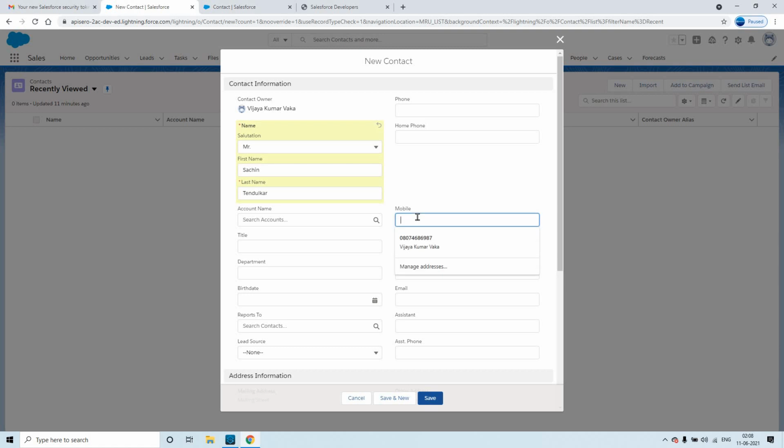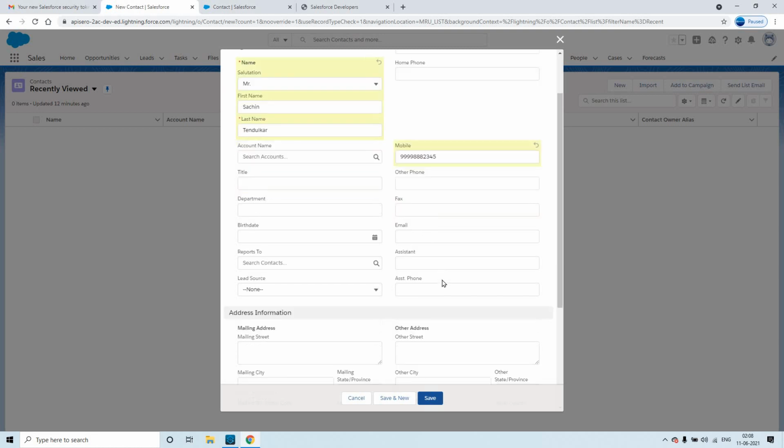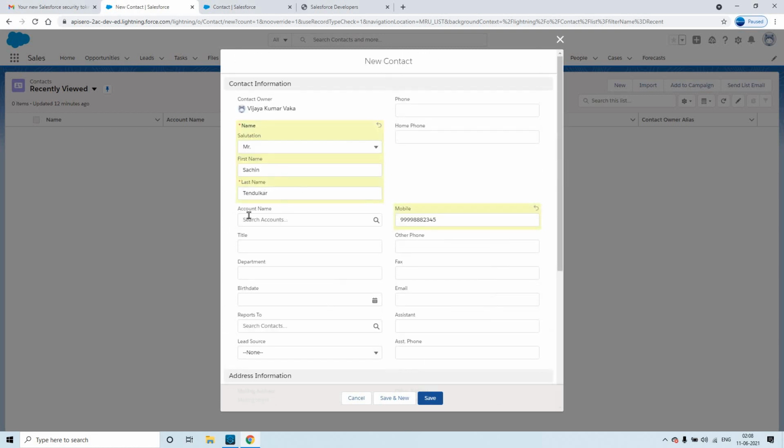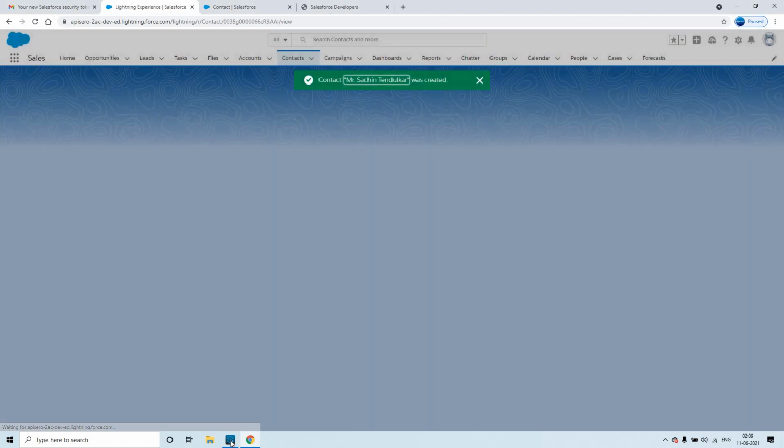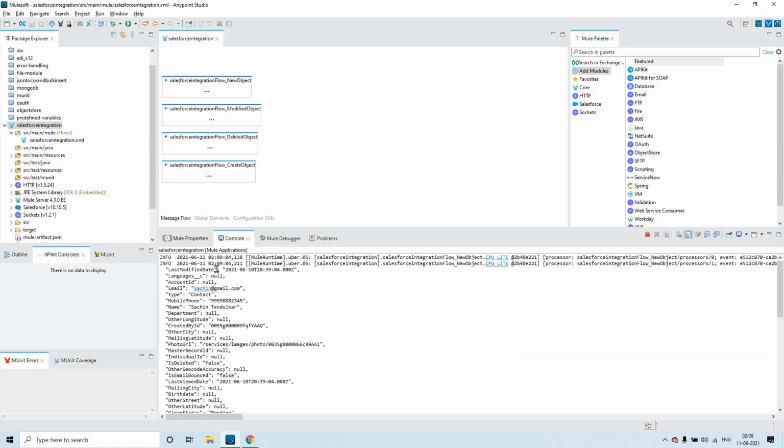And here I'm going to keep some random mobile number. So we have entered the mandatory details. This is the only section that is mandatory. Everything else is optional. Let us keep an email, sachin@gmail.com, just like that. Okay, so click on save. So we just have saved it.